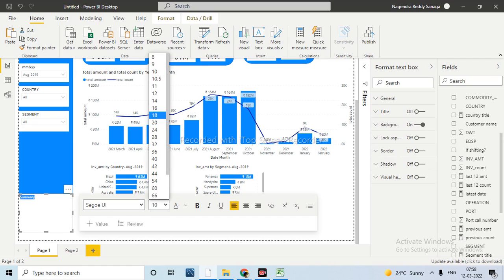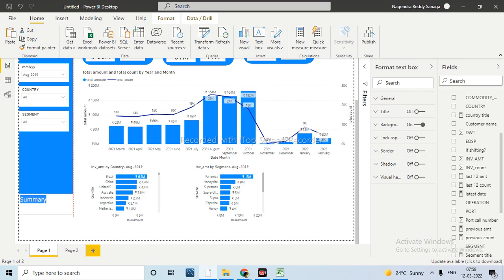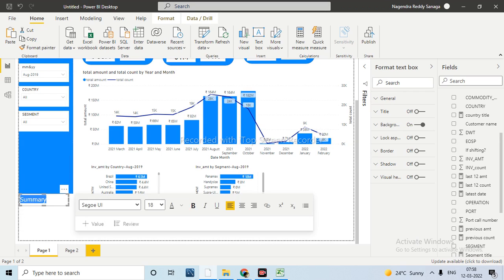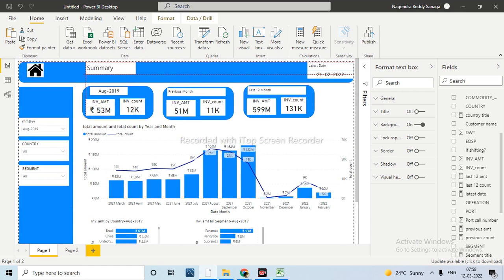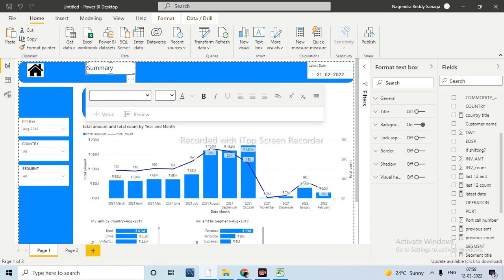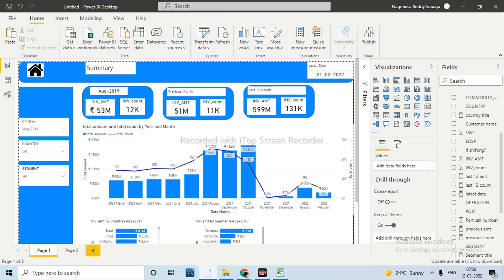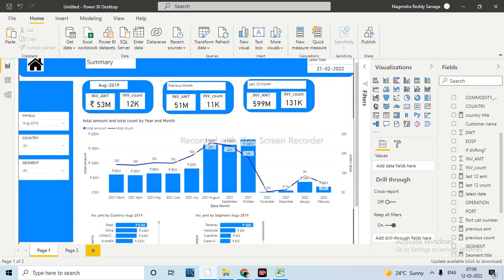Let me increase the font a bit. We will make this page the summary page. Is it clear? This is the same way which we are doing report forming.